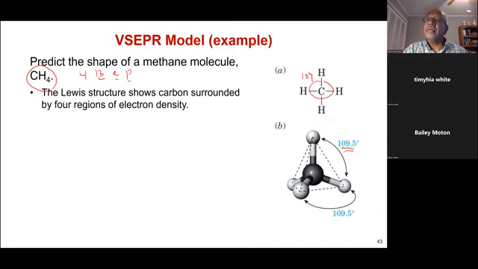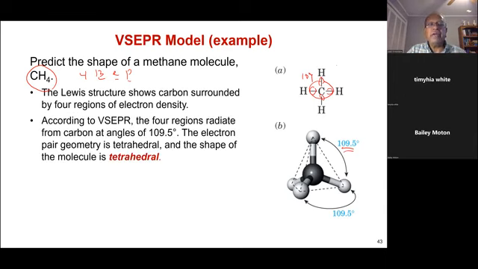These are the electron regions, in this case bonding electron pairs. They repel each other. They form a tetrahedron. According to valence shell electron pair repulsion theory, the 4 regions radiate from carbon at an angle of 109.5, the tetrahedral angle. The electron pair geometry